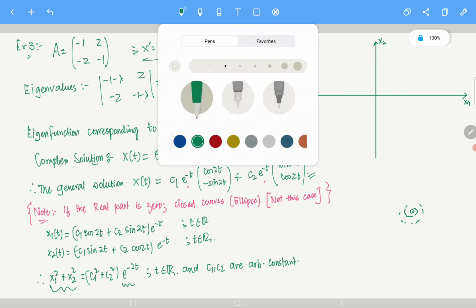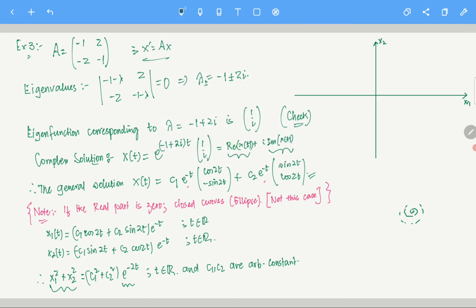Okay, so maybe I can draw this spiral. It is coming like this. I hope this is clear. See, this is moving towards 0. I am not drawing, I mean the diagram. I think this is clear to you. It is moving towards 0. Of course, it is not touching 0, but it is moving towards 0. Okay. Now the thing is this.